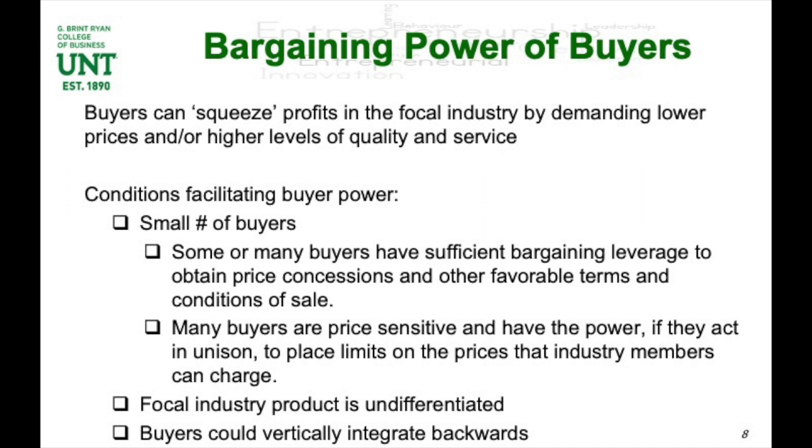The other one is if the industry is undifferentiated, if it is very similar to other products, like one company's product is very similar to the other company's products, so like cotton swabs would be an example of that, then buyers tend to have more power. Another would be if the buyer could just get into your industry and do whatever it is that you're doing themselves. So housekeeping is an example of that. It's something that everybody can do, but we sometimes have busy schedules.